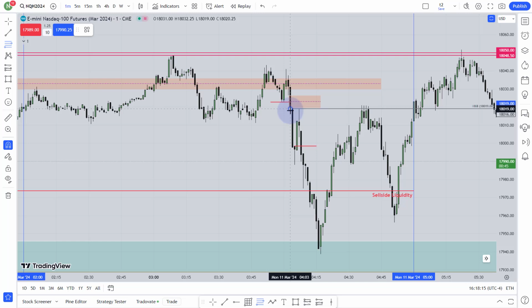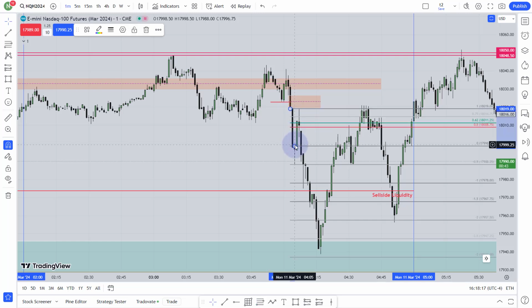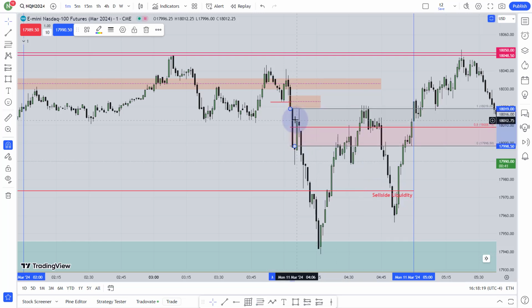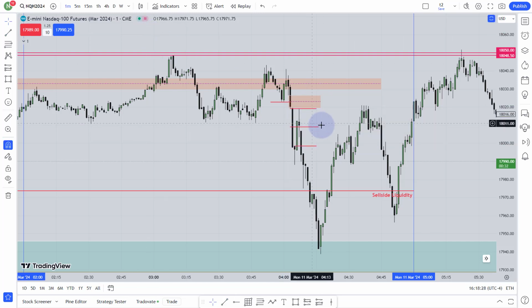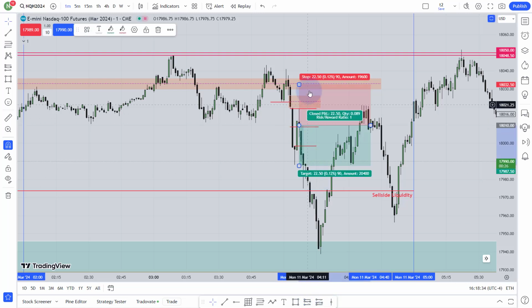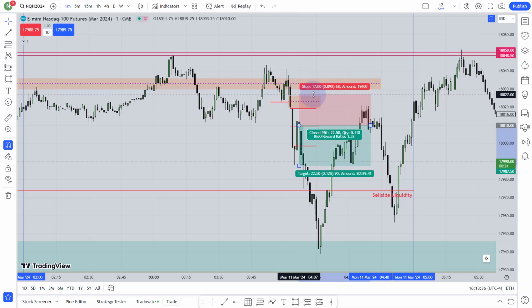You can mark the 50% of the entry fair value gap. If you ever see this type of huge entry gap, then you can mark the 50% over here. So this is the 50%, and I'm going to remove this one. So this is the 50%, and you can actually push your button from here. Okay, so until here, your stop loss will cover the breakaway gap. So it's 17 handle still,